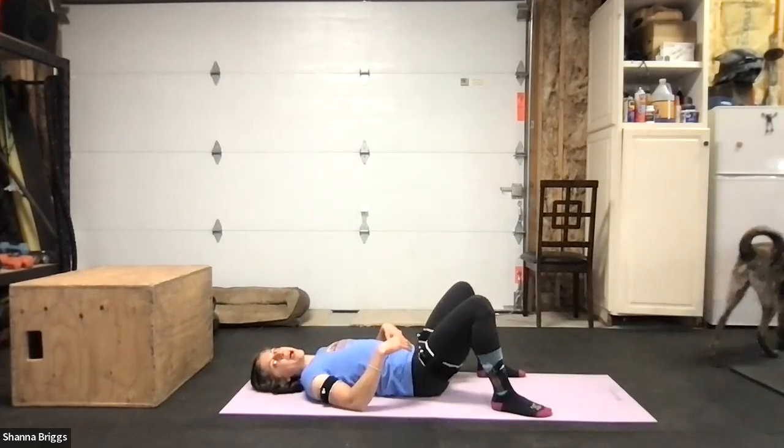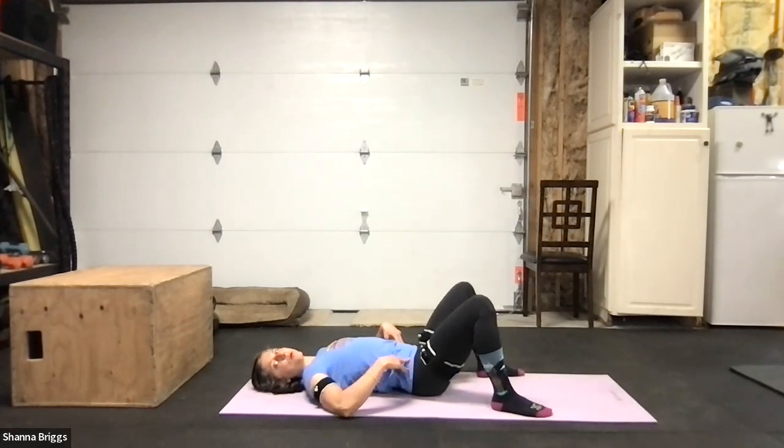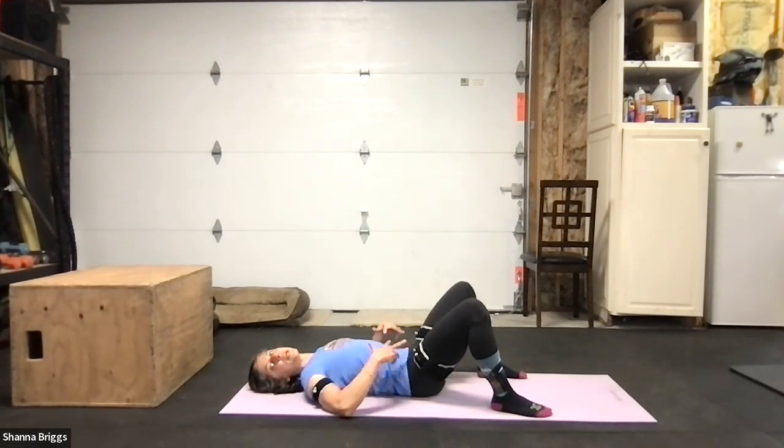So feet flat on the ground. This time, don't worry about that hand underneath that low back. Just remember what that feels like. And then when you're ready, you're going to roll the hips back, push that lower spine into the floor. If you felt pretty confident with that position last time and you want to advance the movement, we'll add what we